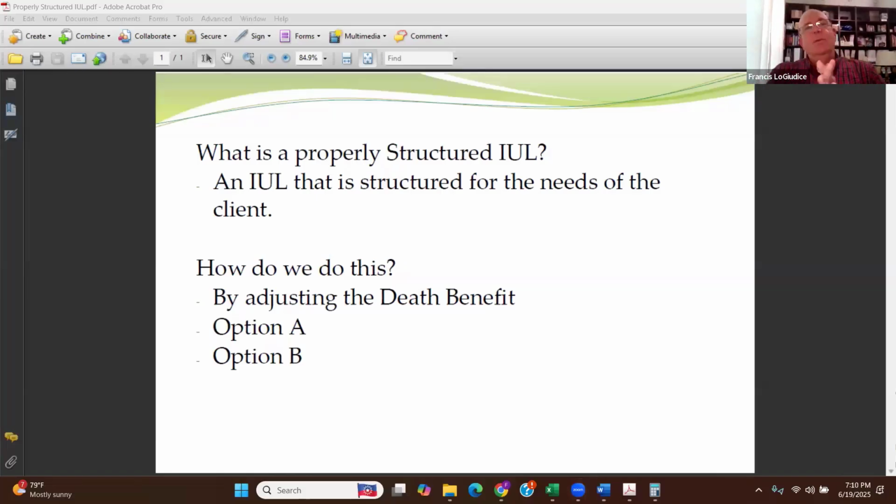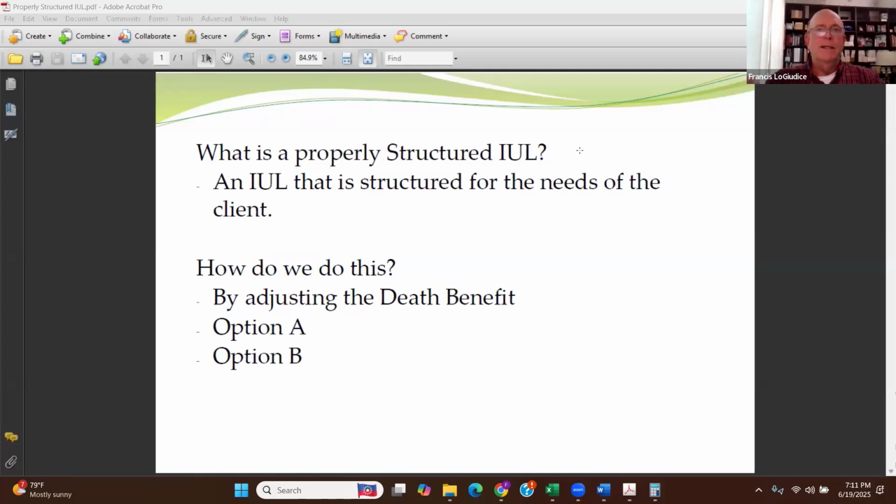So we're going to talk about what is a properly structured IUL. For some of you who are new, life insurance is life insurance, most people think, but you have different types. You have term, whole life, and index universal life. Whole life has different ways to structure it, like paid up additional premium, but that's another whole animal. The IUL is what we focus on, because I think it's a superior product